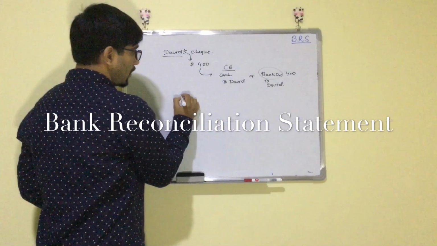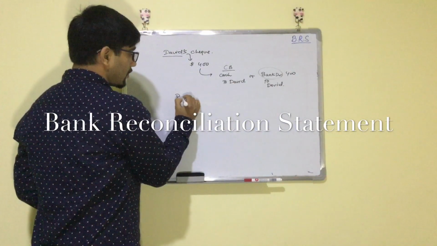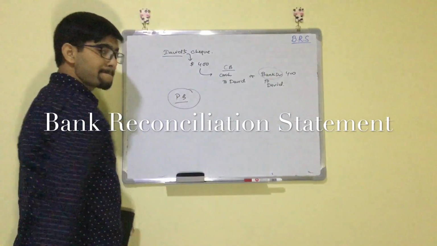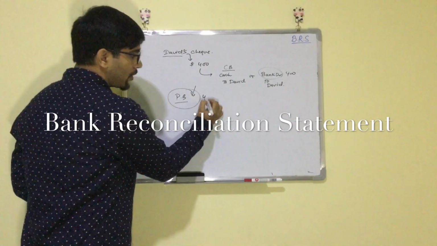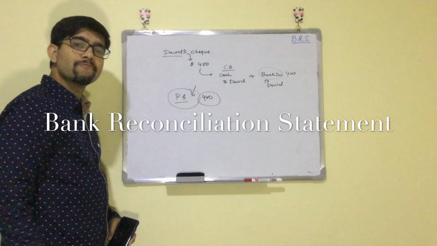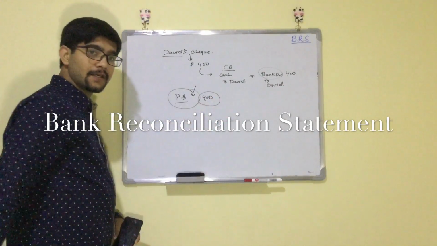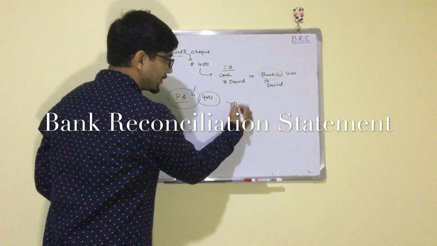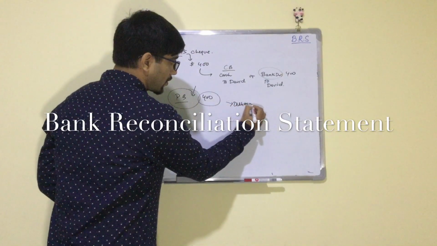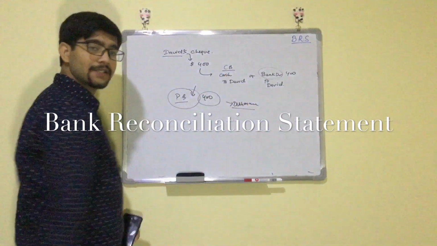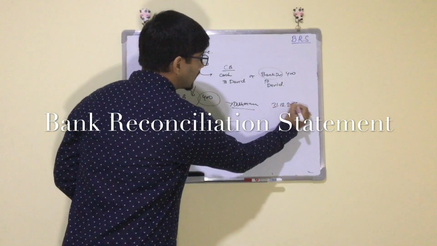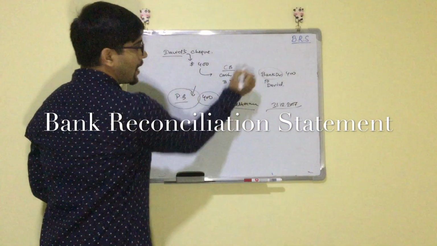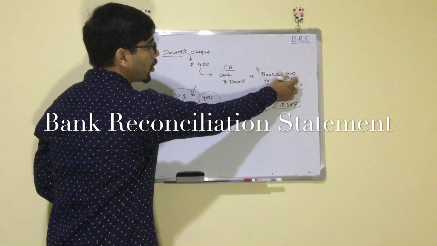Now the check is with the bank, and the bank would also increase the balance by $400, but the check is dishonored. But we don't know about it. We don't know about it till 31st December 2017. That's why our cash book balance is $400 more